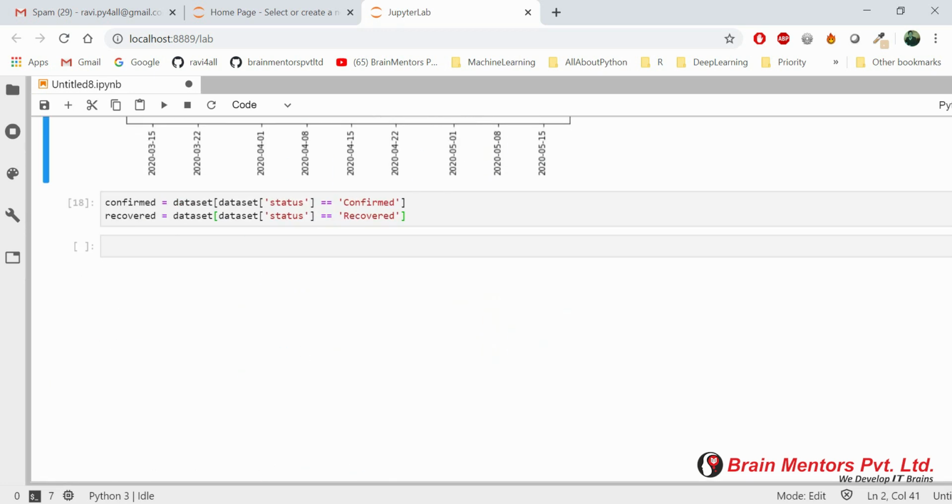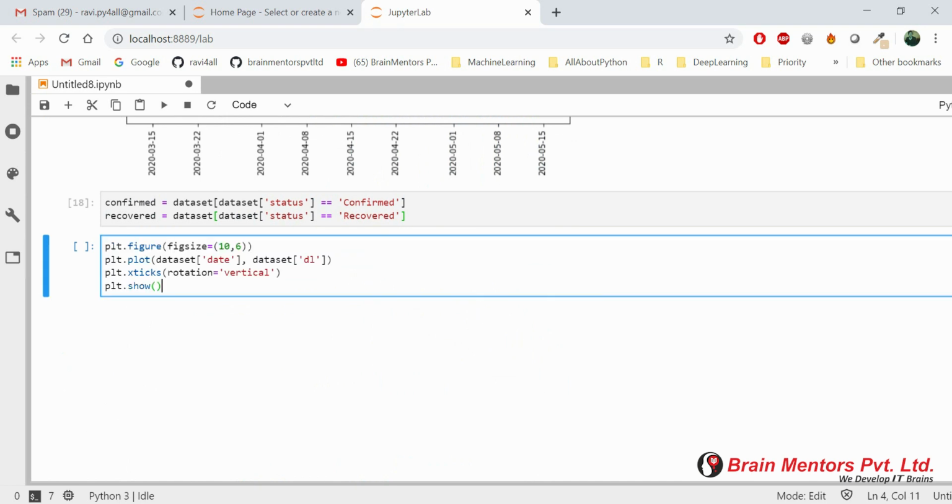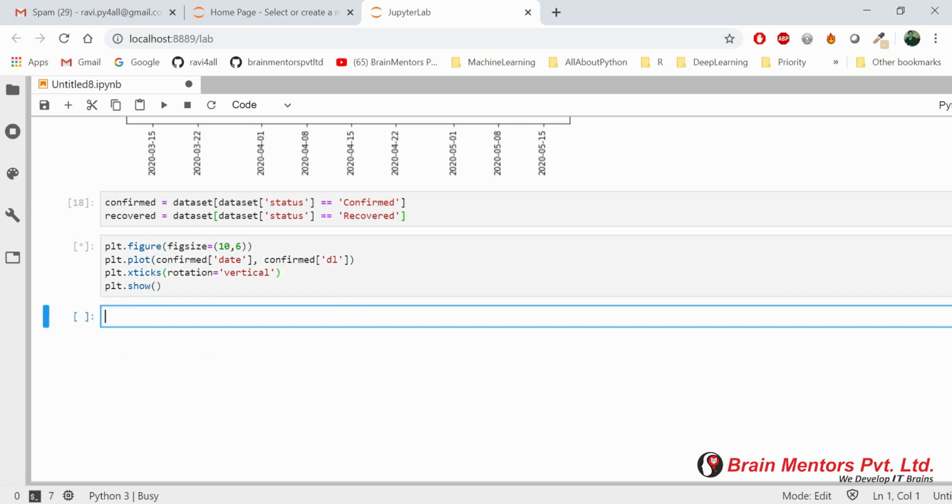I'll just copy it, paste it here, and instead of plt.plot like this, we will write the data for confirmed. So just remove dataset from here and write confirmed. Now let's see the output.